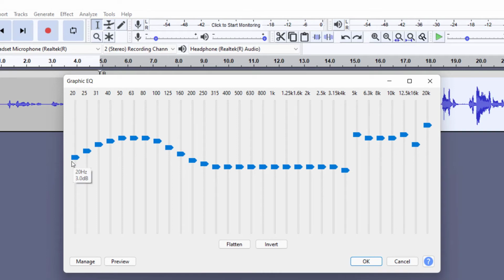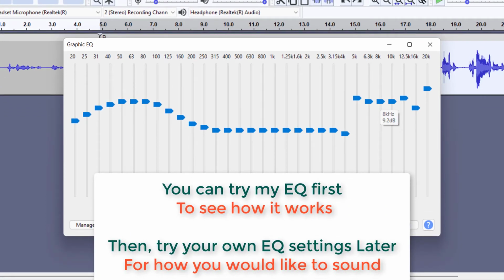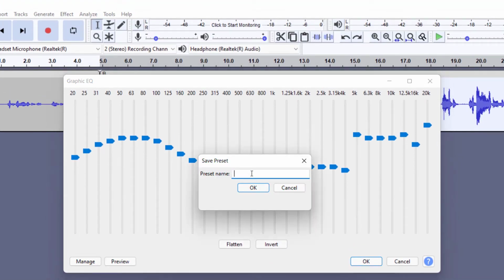So this is a smooth curve. We have the bass part adjusted and we have the treble part adjusted. So the next thing we can do is we can save this file by going to save presets. When we click, we can just save it with whichever name we want. We could save it as YouTube, which is YT2, and that is that.